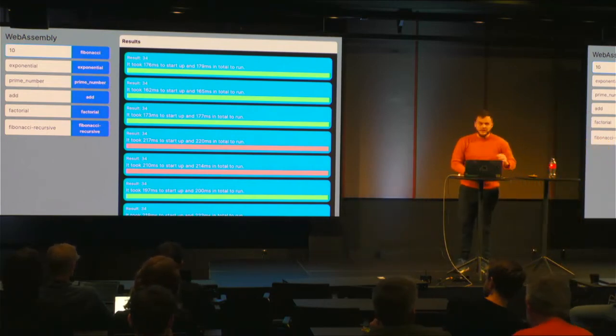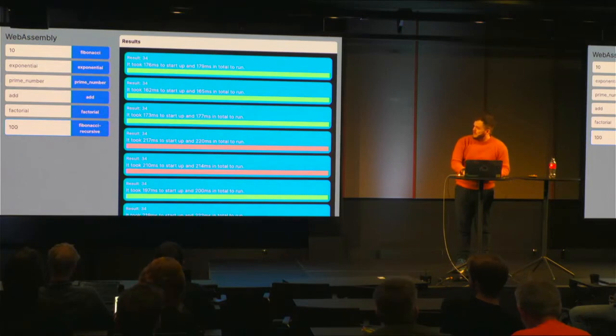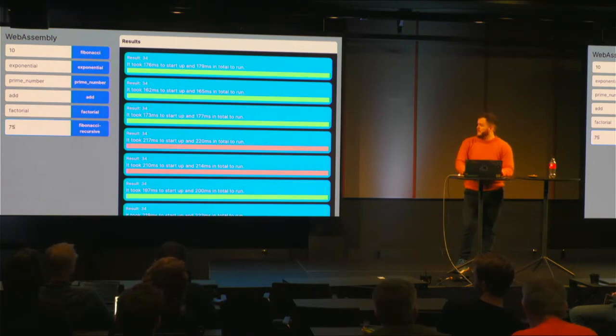And the fearless concurrency is very apparent in this setup, because I can do a very recursive Fibonacci. For those who have tried implementing that, it's a very slow endeavor. So it's just running in the background. I never figured out how long 75 takes, but that's a process running in the background, but I could